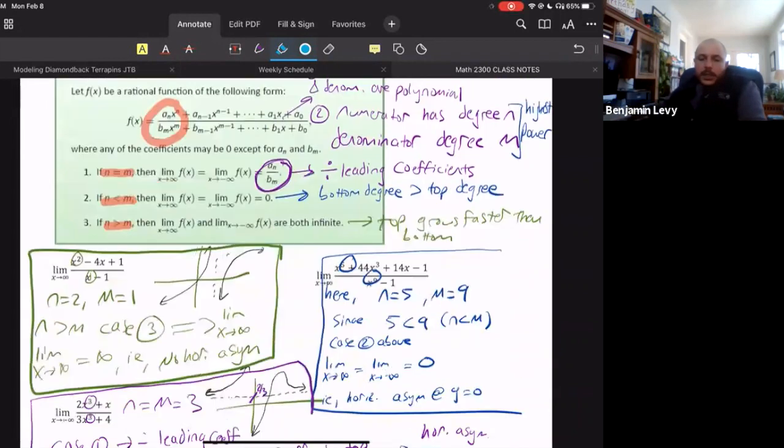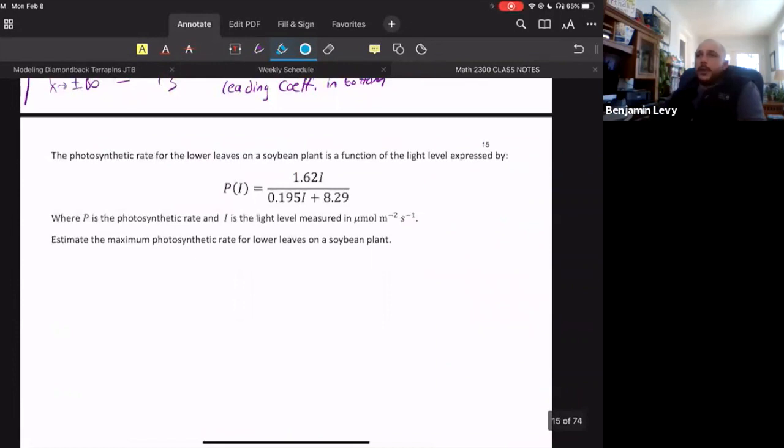And there's nice applications like this one right here. Let's just look at this quick application. This is talking about the photosynthetic rate for a soybean plant. And so this is a real function. This function right here, P of I, tells us how much photosynthesis this plant is doing given a